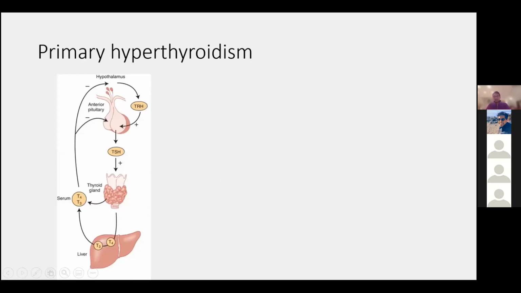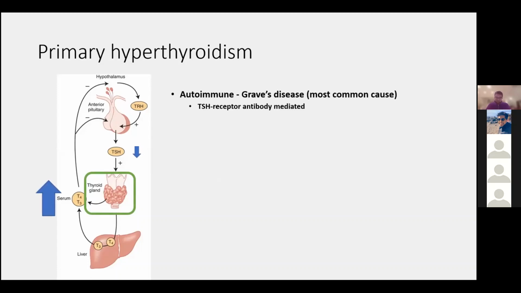So, moving on to hyperthyroidism, again, like most endocrine diseases, it can be categorized as primary or secondary. Primary being a disease of the actual thyroid gland, making too much T4 and T3. By negative feedback, this then suppresses your TSH. So what can cause this? The most common cause is Graves' disease. As I said before, it's a TSH receptor antibody-mediated disease, which causes you to get a smooth enlarged goiter.